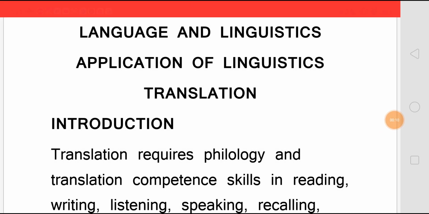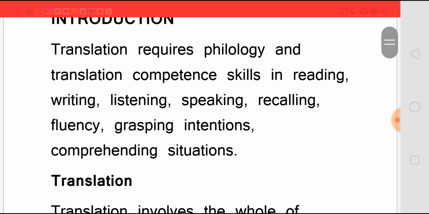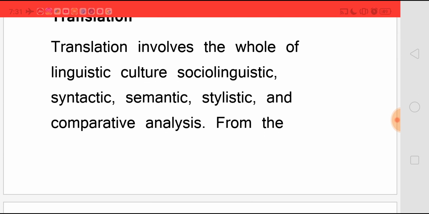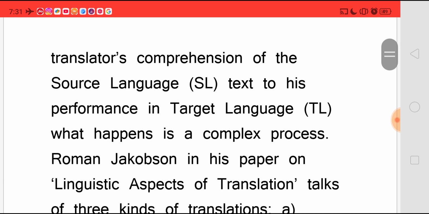Translation requires philology and translation competence: skills in reading, writing, listening, speaking, recalling, fluency, grasping intentions, and comprehending situations. Translation involves the whole of linguistic culture, sociolinguistics, syntactic, semantic, stylistic, and comparative analysis. From the translator's comprehension of the source language text to his performance in the target language, what happens is a complex